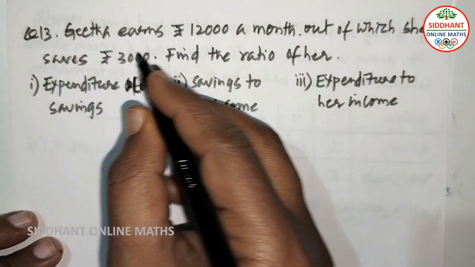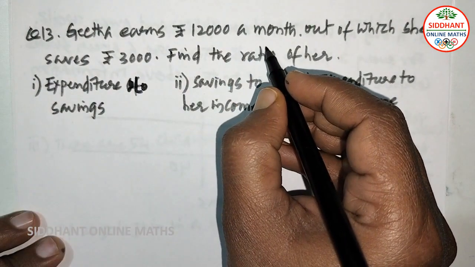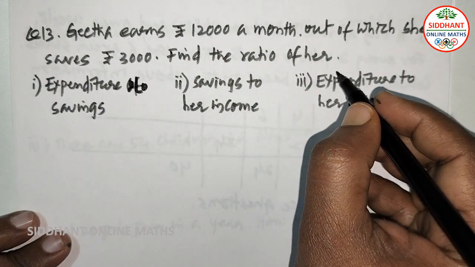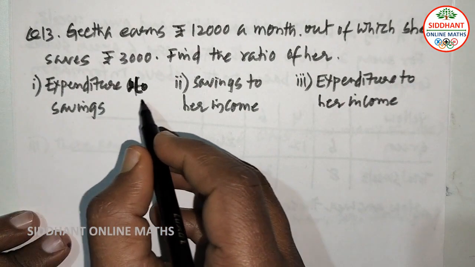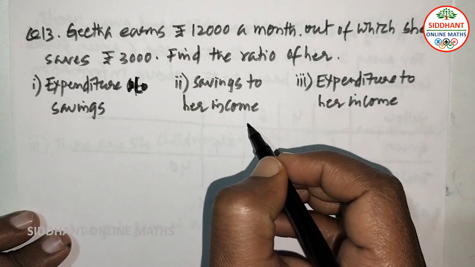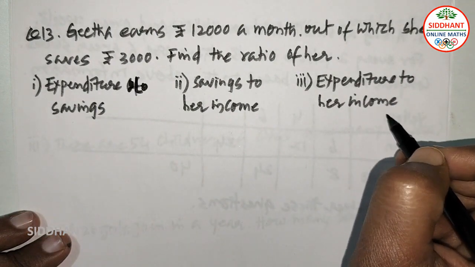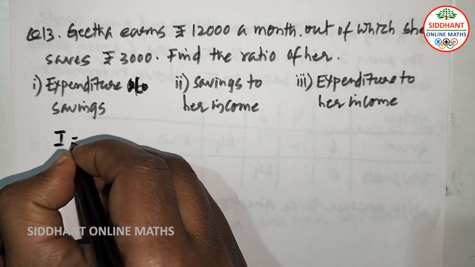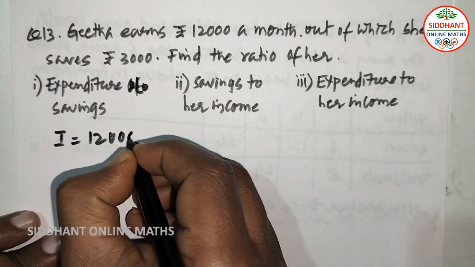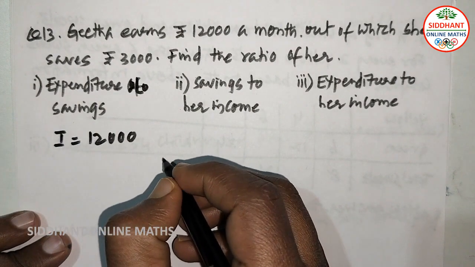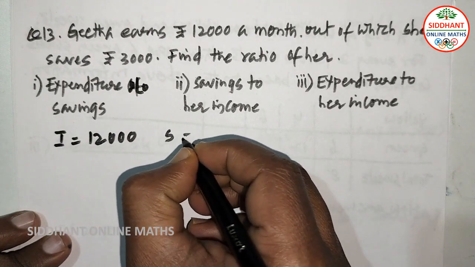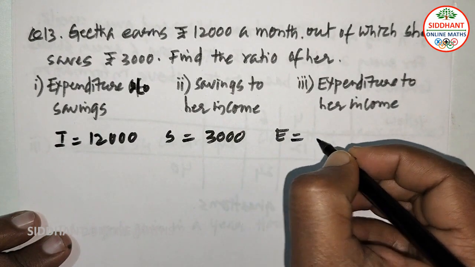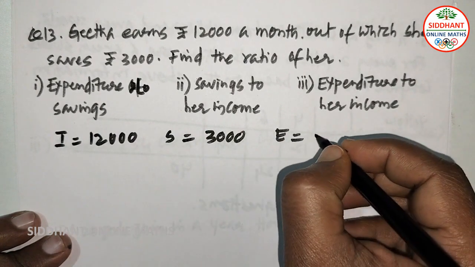Question number 13. Geetha earns rupees 12,000 a month, out of which she saves 3,000 rupees. Find the ratio of her first one, expenditure to savings. Second one, savings to her income. Third one, expenditure to her income. So here Geetha earns, the income is how much? 12,000, and savings is equal to 3,000. Then expenditure will be 12,000 minus 3,000,